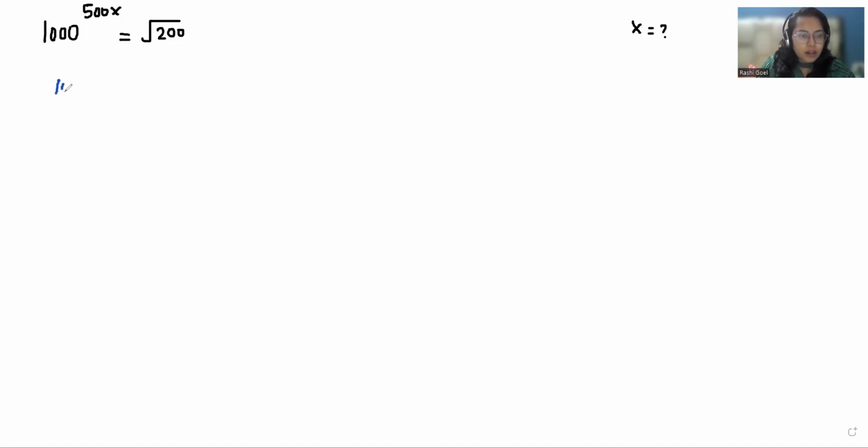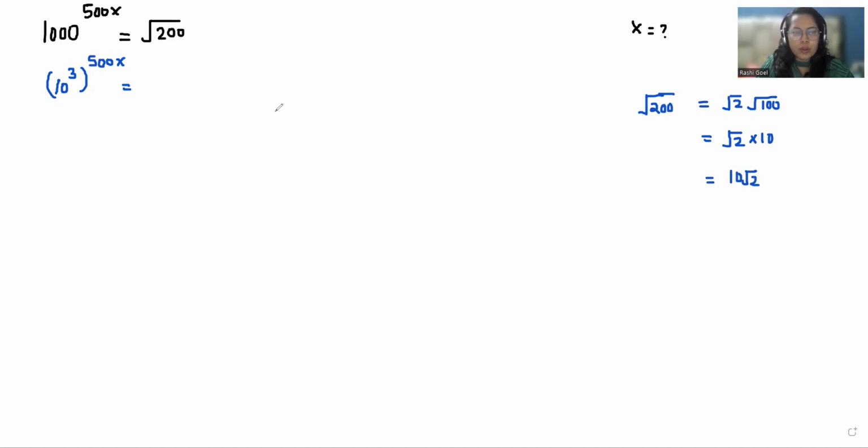So 1000 we can write as 10 power 3 and whole power 500x is equal to under root 200. We can write 200 as under root 2 times under root 100. So under root 2 and under root 100 we can simply write as 10. So we can call it 10 root 2. So I'm going to replace it with 10 root 2. Now